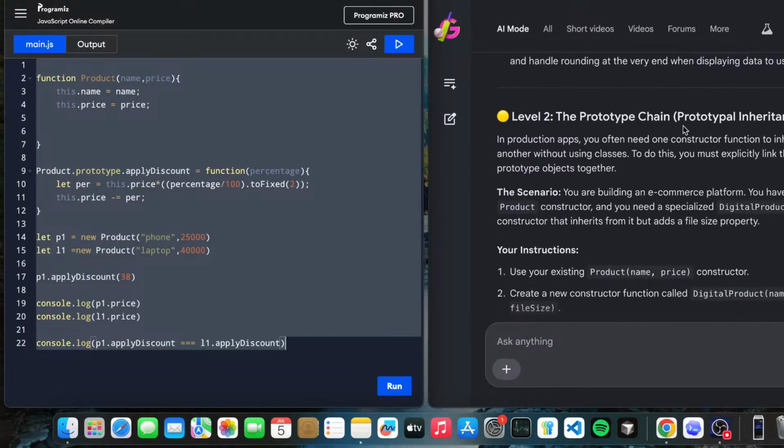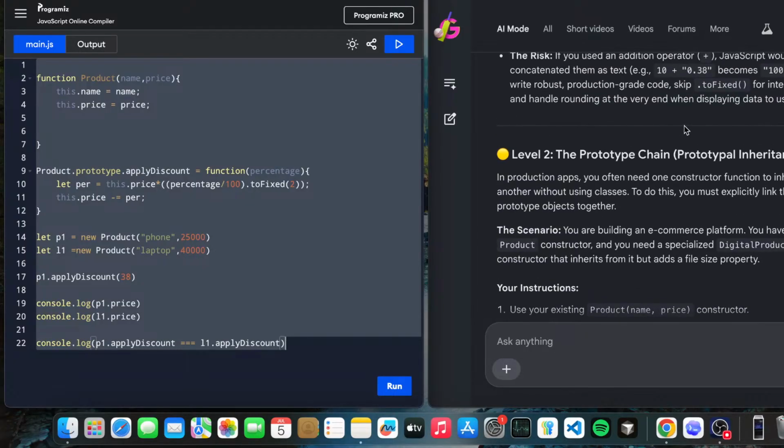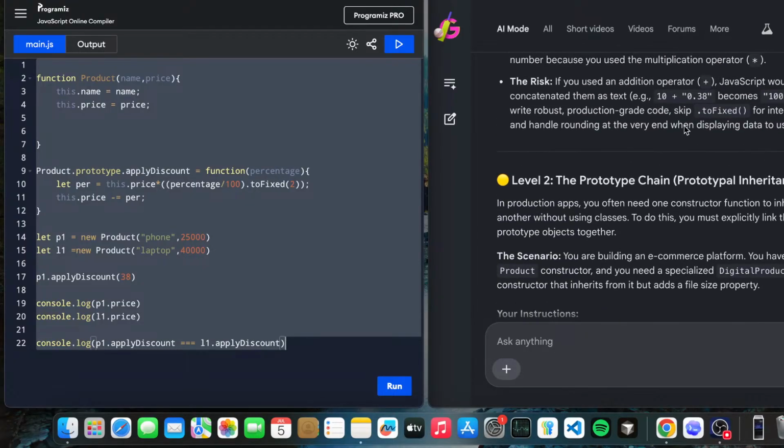The second level is prototype chaining. Today we solved two questions: one based on the four pillars of OOPS concepts, and now we practiced constructor functions and the prototype.